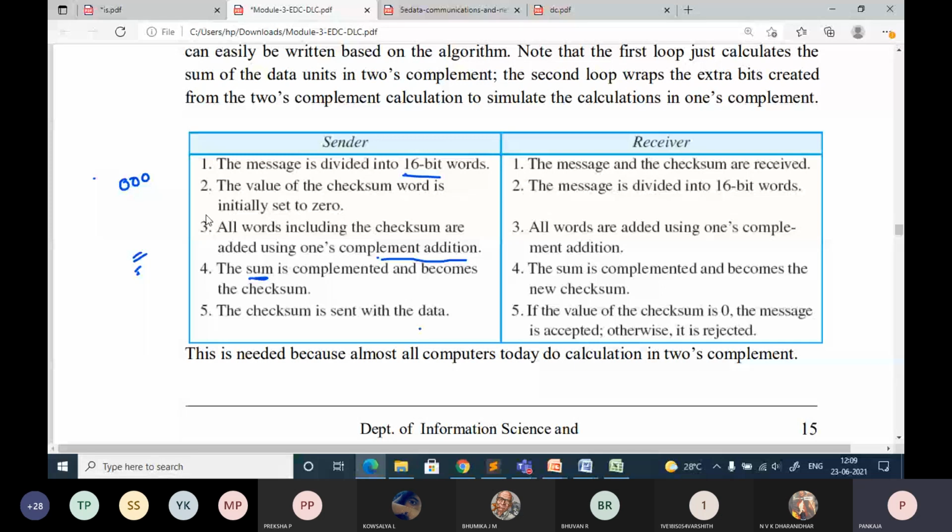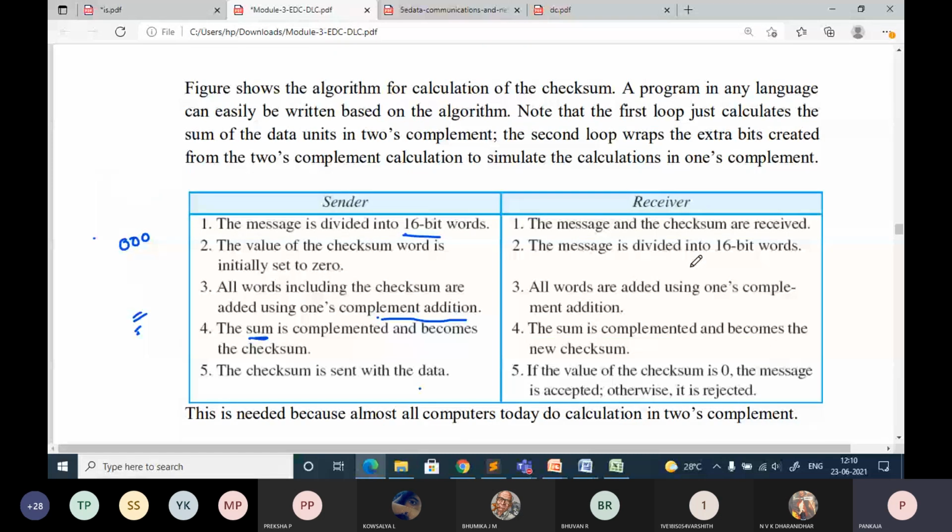Just quickly you can go through. The reverse operation takes place at the receiver side. At the receiver side, the message and checksum are received. Once again, it has to be divided into 16-bit words.